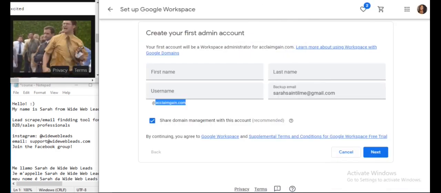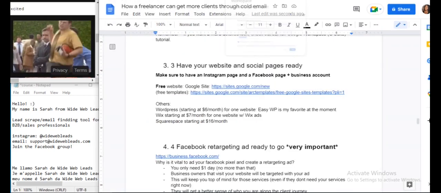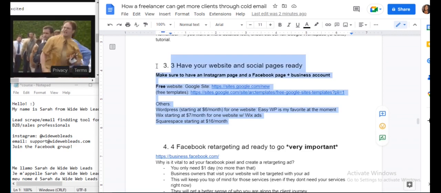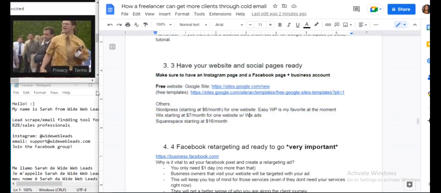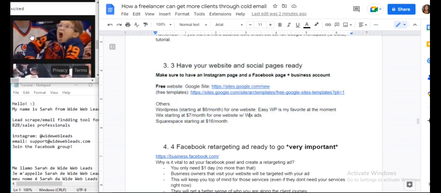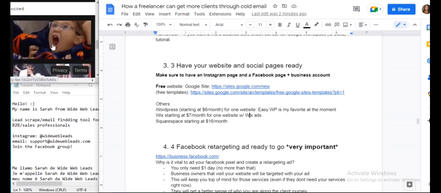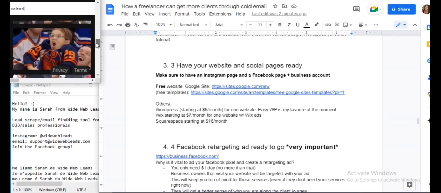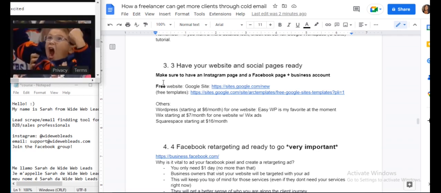Just type in free SSL when you search for plugins and it'll be there. So that is websites and social pages. So that's all done. Let's choose another GIF. I'm going to use this one here because it just seems like a good GIF.